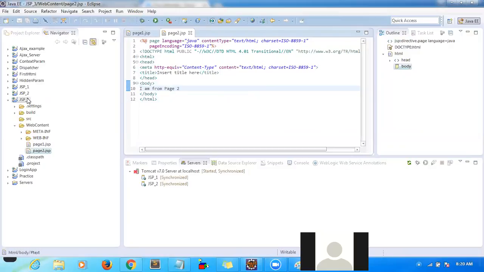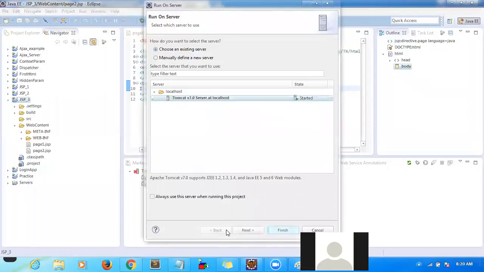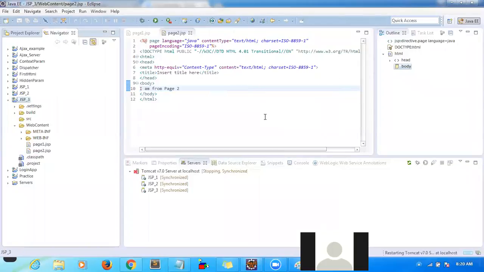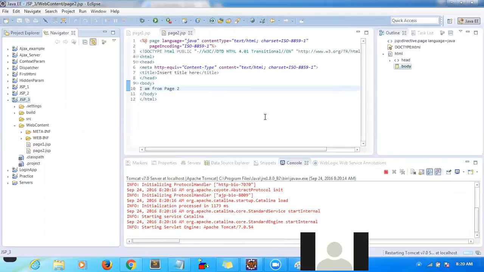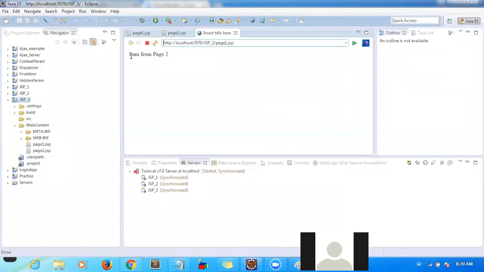Okay, let me deploy it and we will see how the request is going. Now we need to open our first page. I have not registered this as a welcome page, that's why I am typing it. Otherwise, if you register it as a welcome page, by default it will open. So now the request went directly to